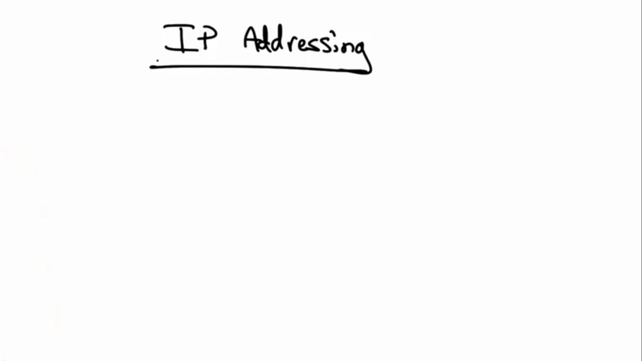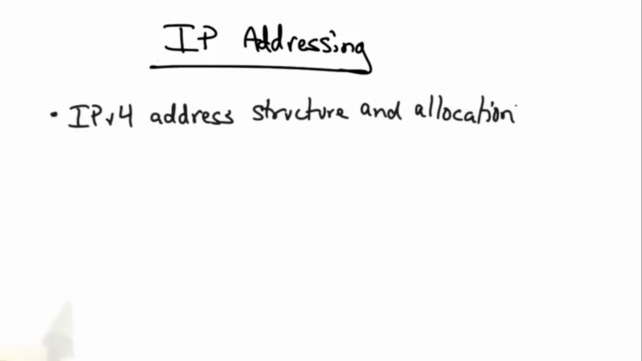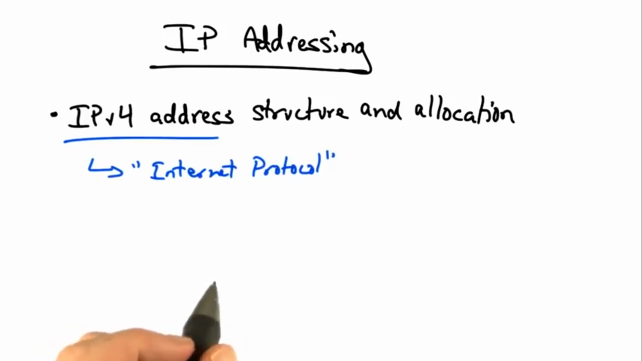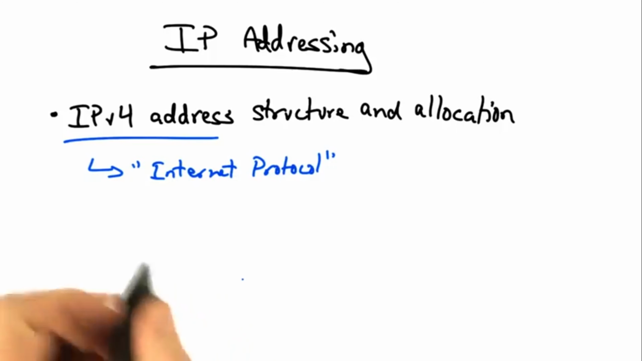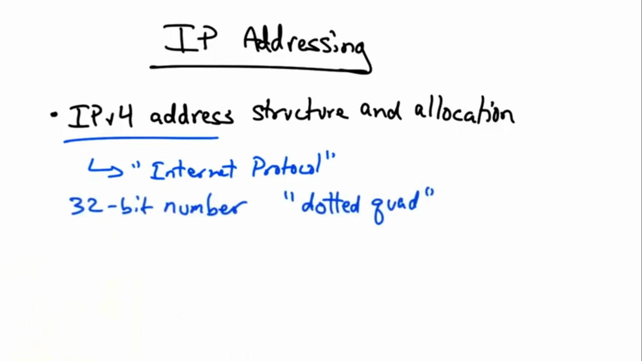In this lesson, we will be covering IP addressing. In particular, we will be covering IPv4 address structure and allocation. IP stands for Internet Protocol, and version 4 is the version of the protocol that is widely deployed on the Internet to date. Each IP address is a 32-bit number, and that 32-bit number is formatted in what is called